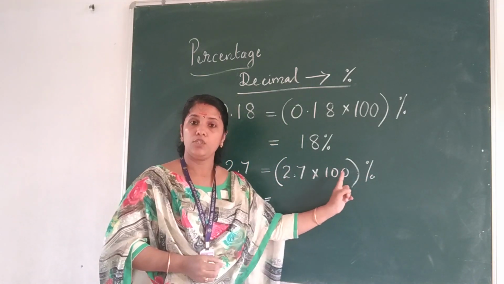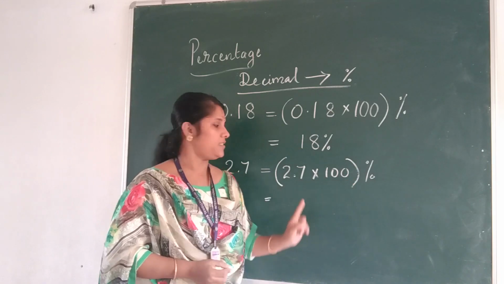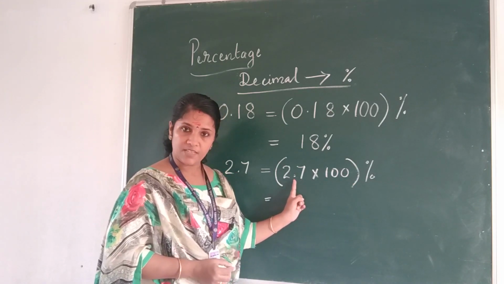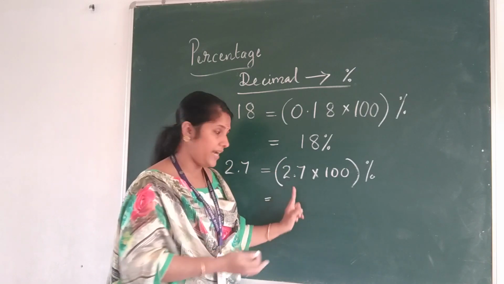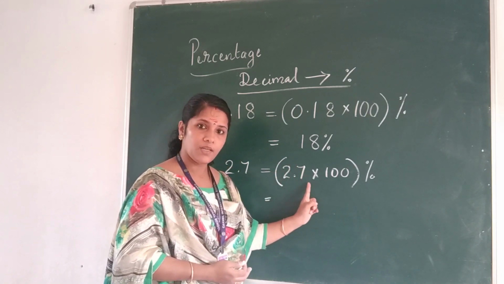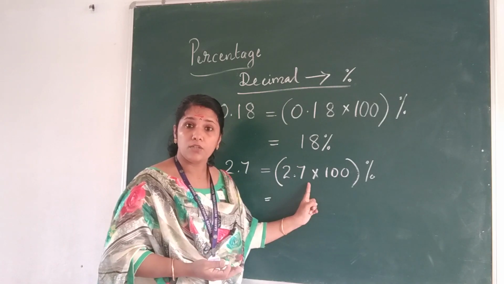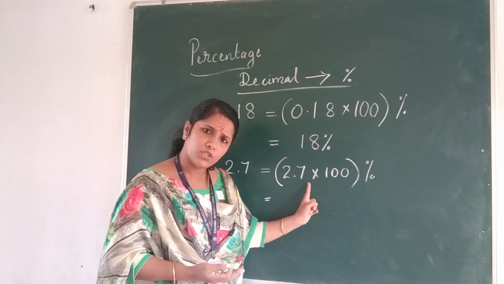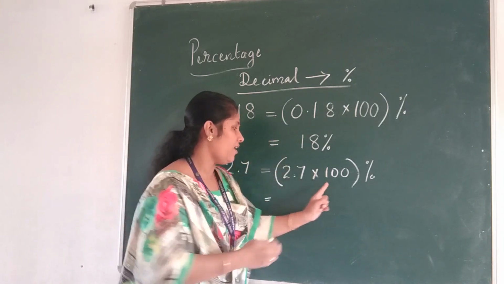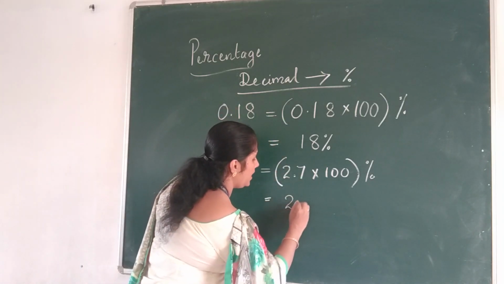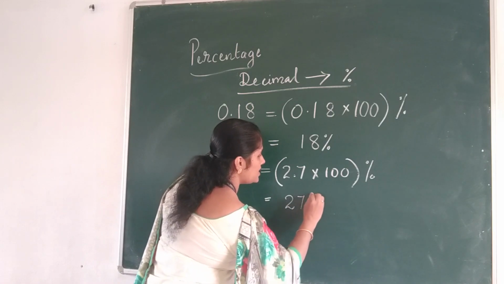Multiplying with 100, 2 zeros. 2 jumps. Starting from the decimal place, we are moving towards the right side. 1 jump, but there is no number to jump to, right? So what should we do? We should put a 0 there. So the answer will be 2, 7,